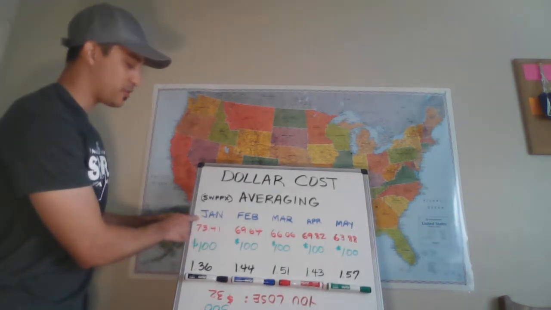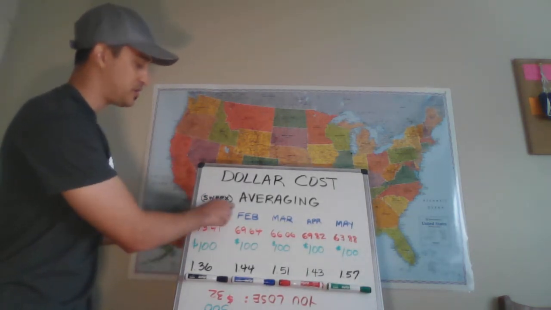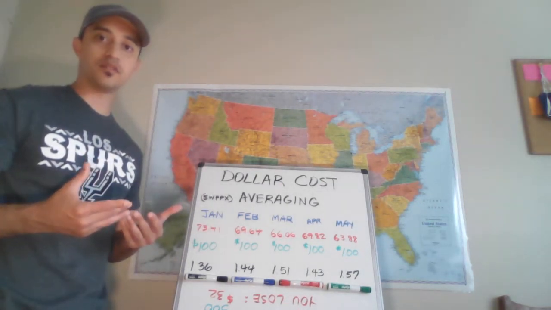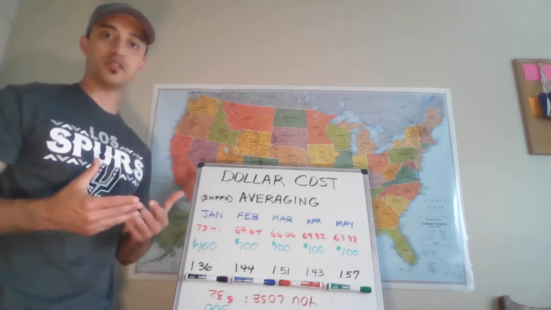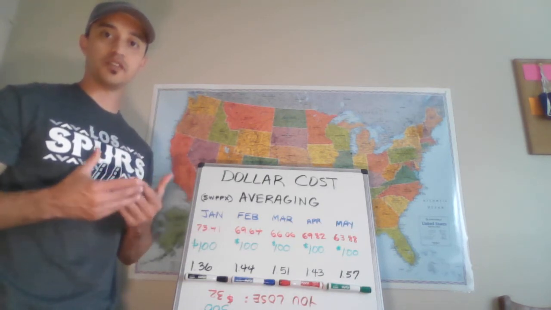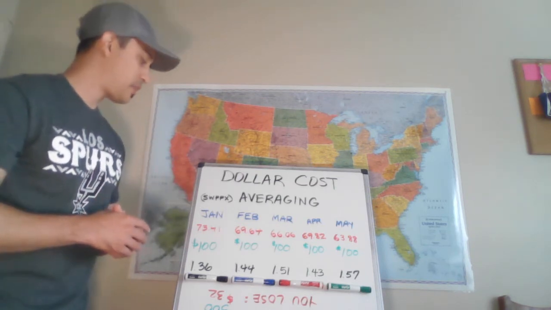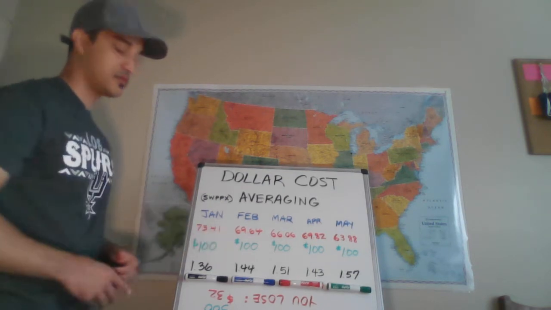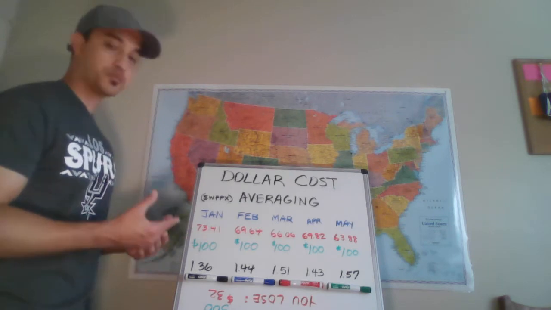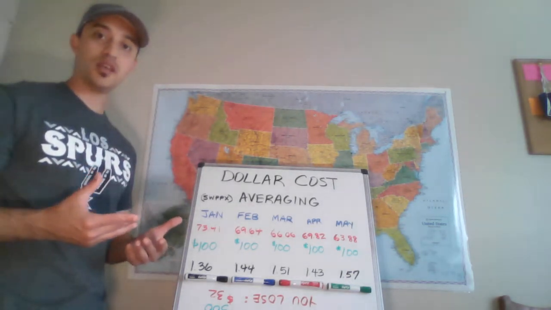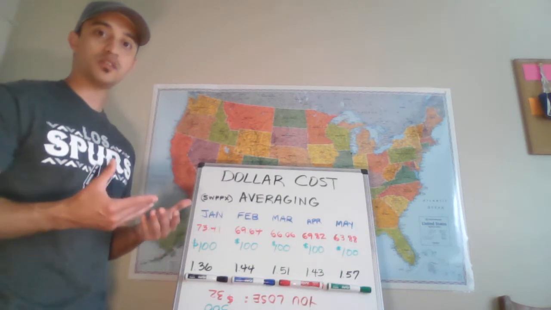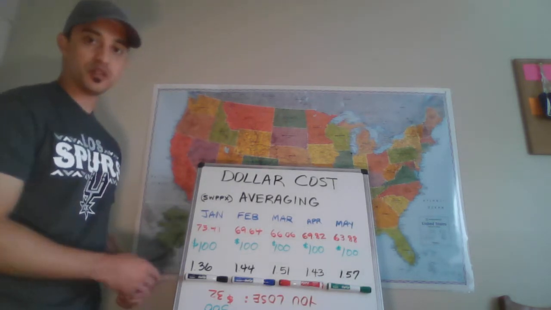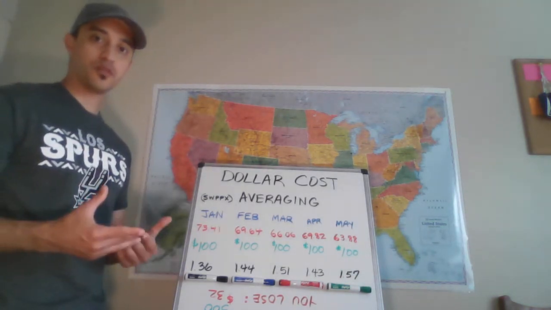So January 1st, the cost of this mutual fund, by the way, it's called an NAV. NAV stands for net asset value. So the NAV is basically the price that you pay to buy shares of the mutual fund. So the NAV at the beginning of January was $73.41. Okay? And what this person did was they invested $100 into this mutual fund. So by investing $100, they were able to purchase 1.36 shares of this mutual fund. You follow me so far?